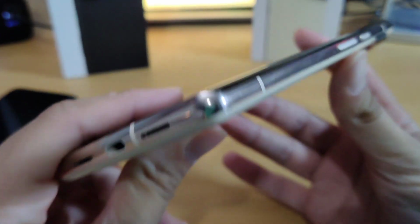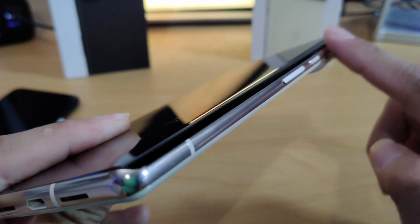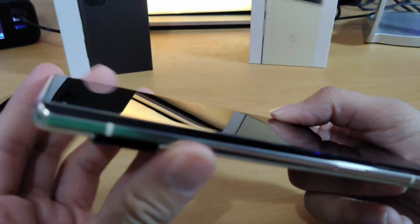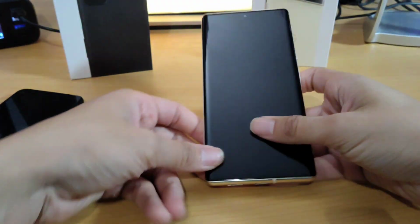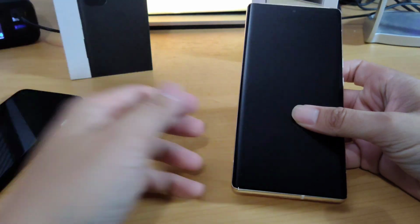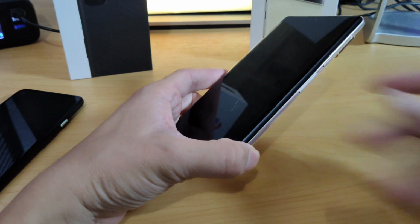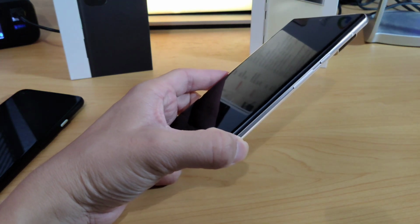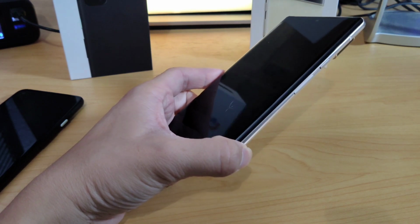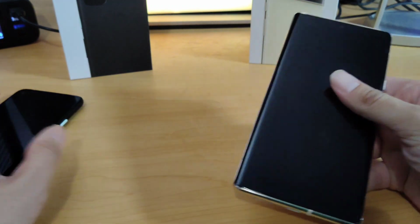The difference here though is the Pixel 6 Pro does have somewhat of a curved edging on the screen, as you can see on both sides, and it's not really functional, to be honest. I've seen other phones that have that edge bleed with some sort of functionality, but in this case there's really no functionality to it, and it's kind of annoying, because you really have to get a really good case for this to not fall flat on its face and break, you know what I mean? But other than that,